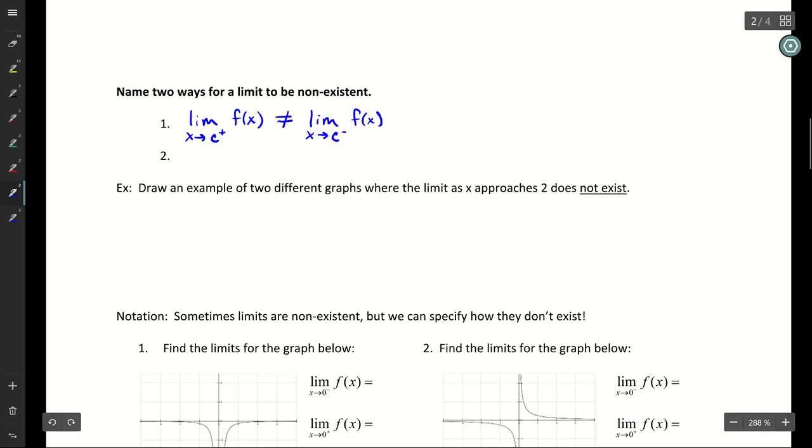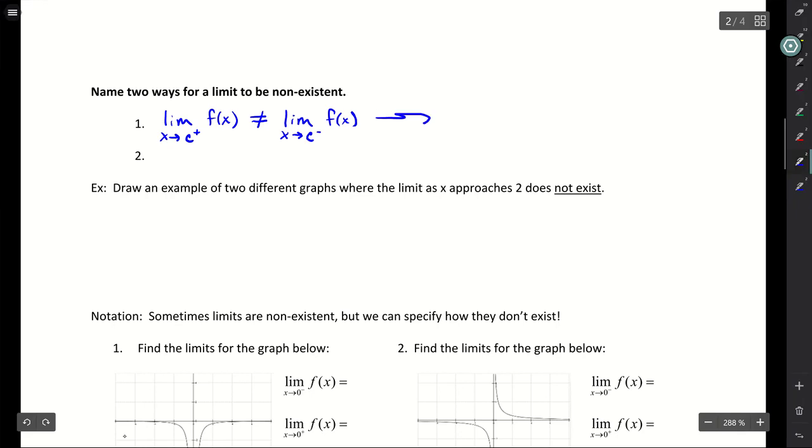Generally in a lecture class, I use my hands to show this. So in other words, if you can think about your left hand and right hand on different levels going toward each other, you can see they're not going to meet up. There's going to be some sort of break in your graph. Okay, so if there's some sort of break in your graph, then you have your limits being